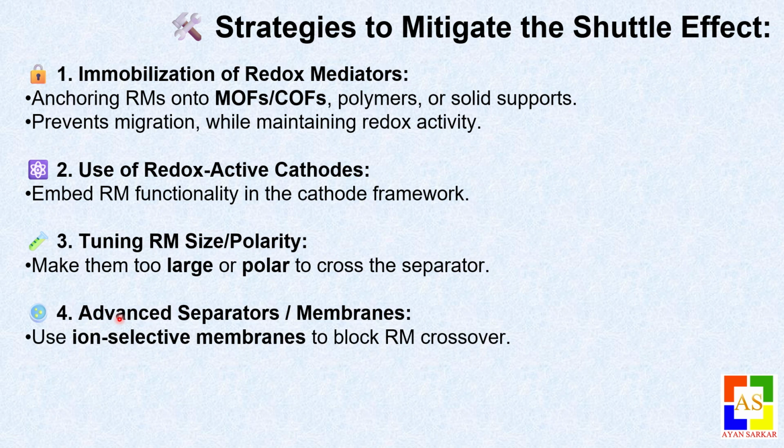Then we can use advanced separators or membranes which will effectively block the redox mediator ions from passing through, but allow the lithium ions through. This kind of approach has been used for the ruthenium-based redox mediator Ru(acac)2,